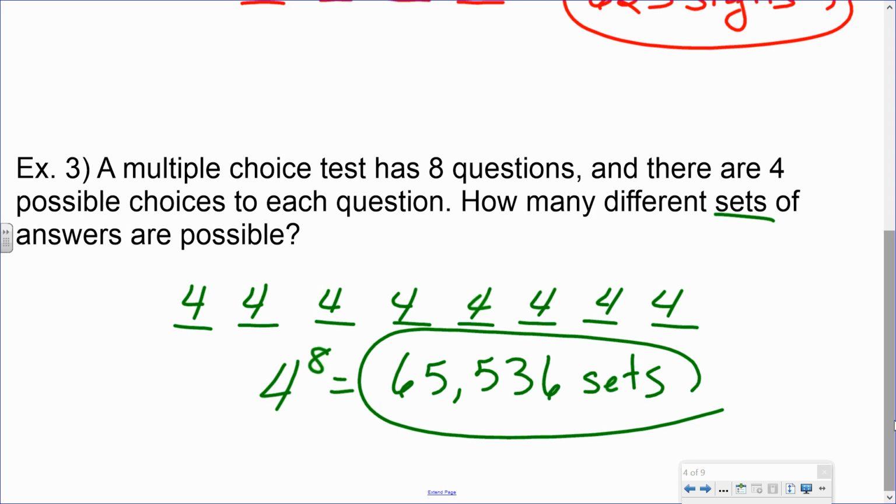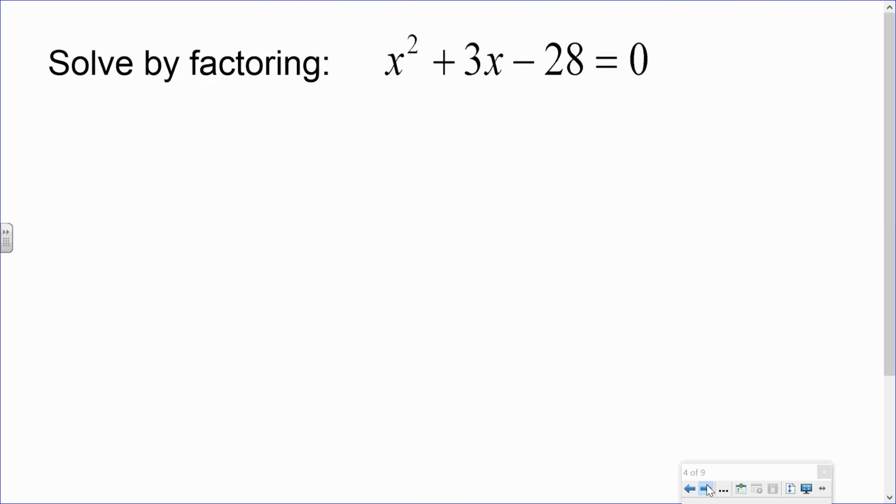Don't guess randomly on every question on a test. Everybody good with that? Any questions with permutations? We will do more with them in future lessons, but for right now, that's as hard as it's going to get. So let's totally change topics, and we are going to move on to designated roots, which means